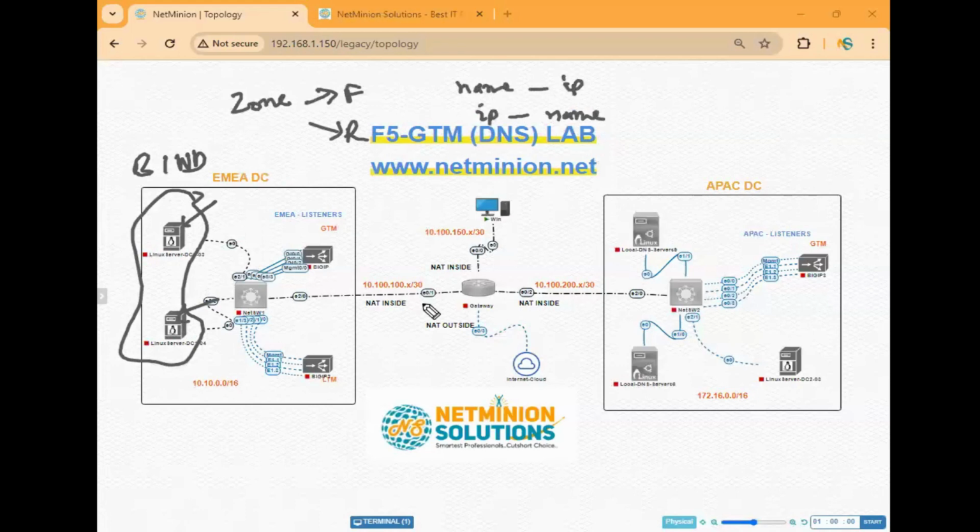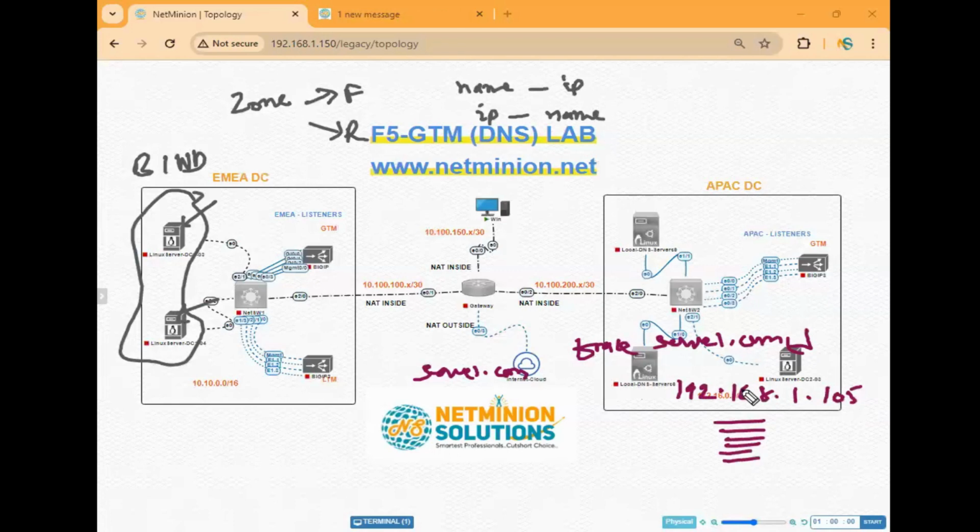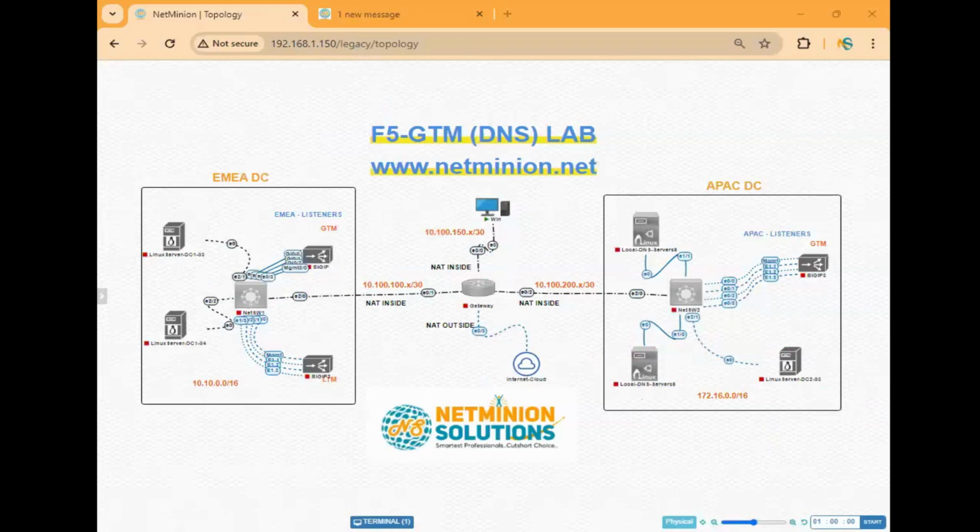You have seen multiple times during troubleshooting, there is a requirement that you have server1.com. If you need to do the trace of server1.com, what are you doing? You are doing the reverse lookup, right? So it means when this trace happens, maybe this IP is 192.168.1.105. So the trace will go for such a particular specific IP address. Similarly, we will create forward zone, we will create reverse zone, and we will see how this client will be able to resolve my own domain. So I will create a new domain over here, and as per that domain, probably I will play around